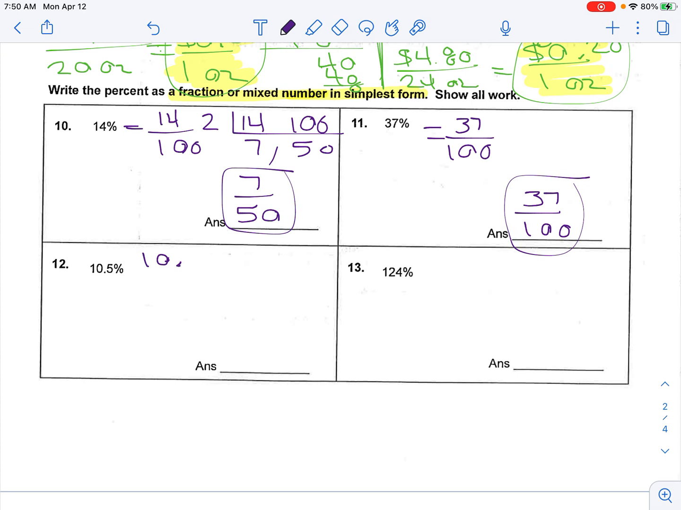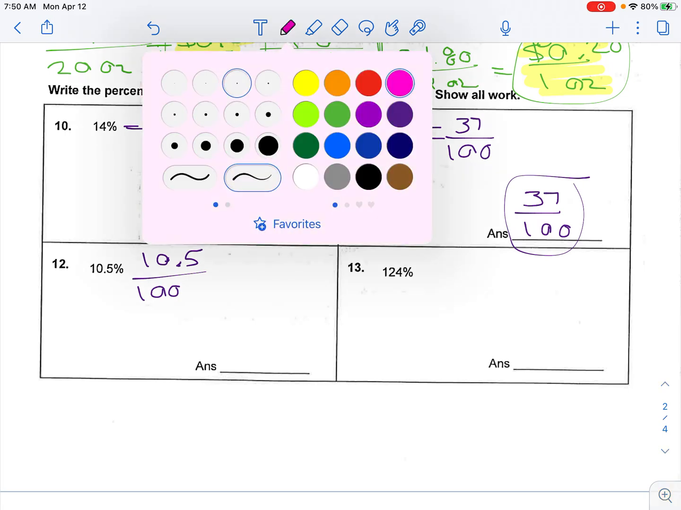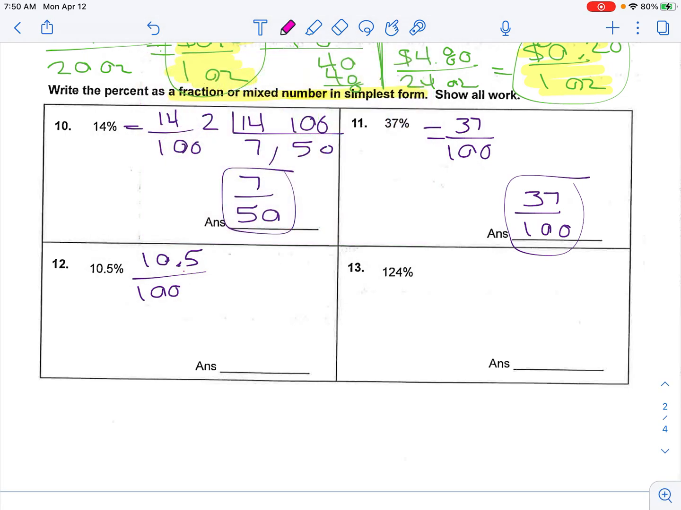10.5%. So the first thing, a percent is out of 100, right? But I have taught you guys in the last few weeks that you can never, ever have a decimal in a fraction. But remember what I did teach you. You are allowed to move that decimal 1 place to the right, add a decimal down here, move it 1 place to the right, add a 0. So 10.5 hundredths is equal to